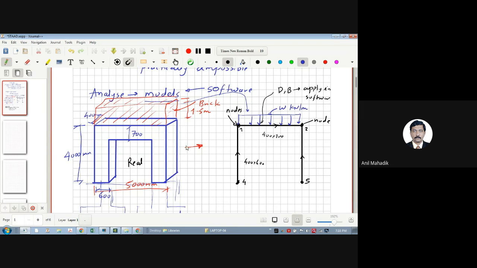Then definitely there will be self weight of beams and columns here also. So you can add the self weight of the beam here and the self weight of the column here. Generally, the self weight of the model is done by the software. Whenever we do manual calculations, we actually calculate it. Now, if you see this frame,